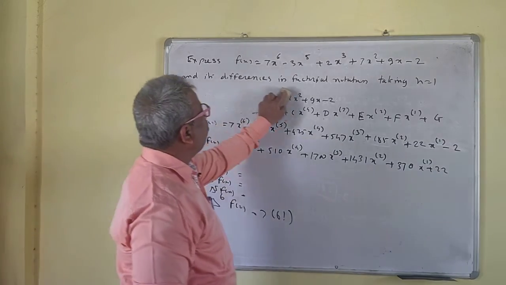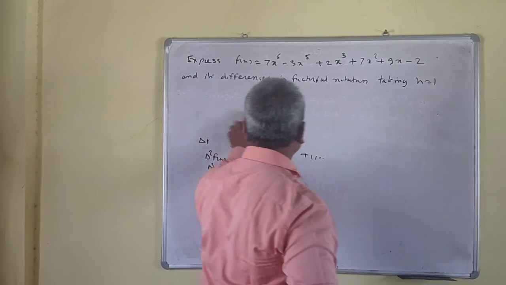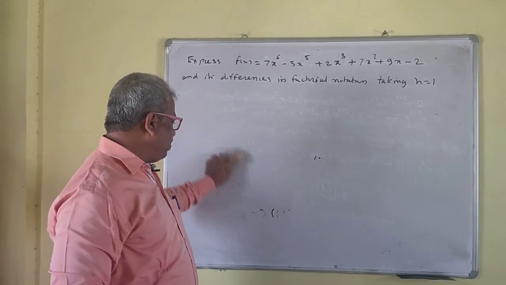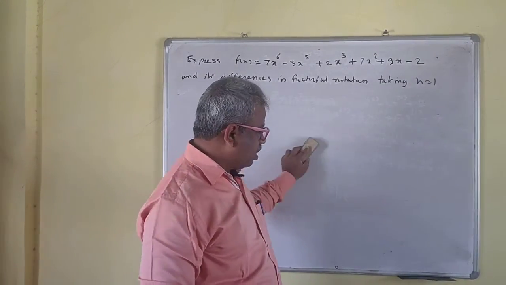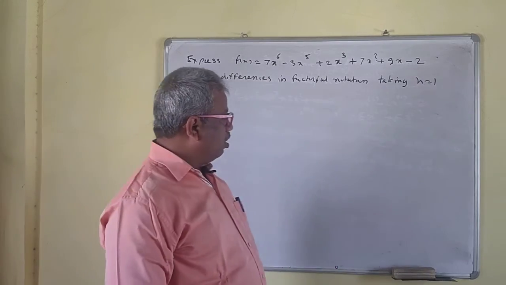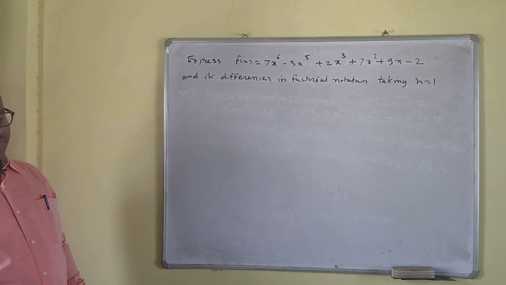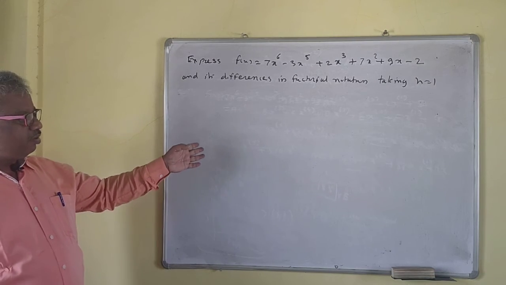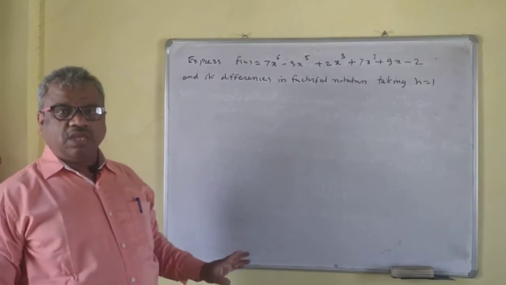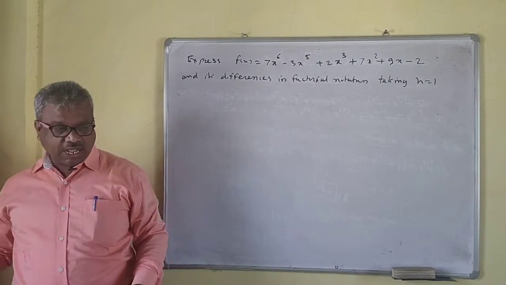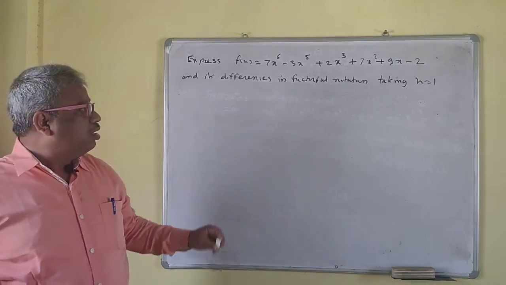Okay. So now here what? The problem is how to find the values of A, B, C, D, right? So with the help of the synthetic division method. Okay. So my suggestion is that use the synthetic division to find the values of A, B, C, D. Don't go through that definition, comparing the coefficients or putting the values of x is equal to 0, x is equal to 1, and so on. Okay. So I hope that you can do this one.